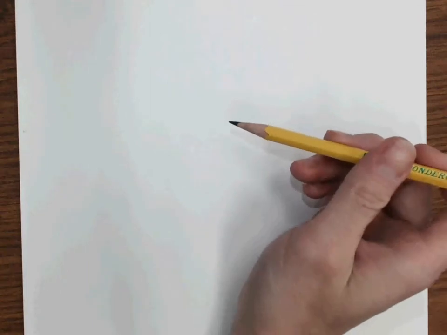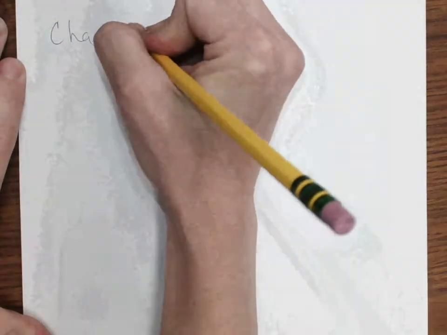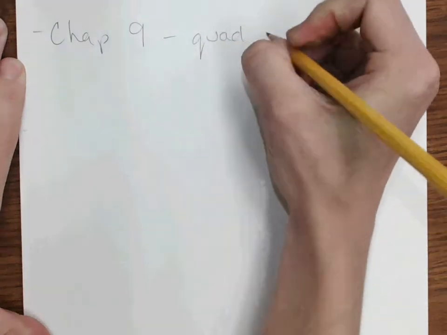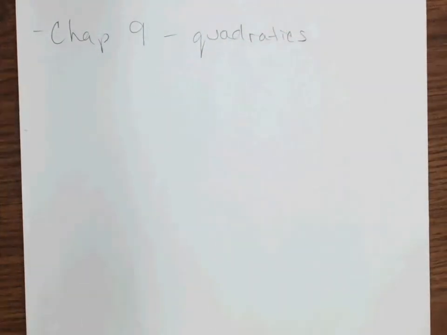Hello, everybody. We are going to be looking at this week just a review of Chapter 9. Chapter 9, remember we were looking at all of the properties of quadratics in detail, seeing how they worked, what they look like, being able to solve every single quadratic that we come across now, and also being able to graph quads and